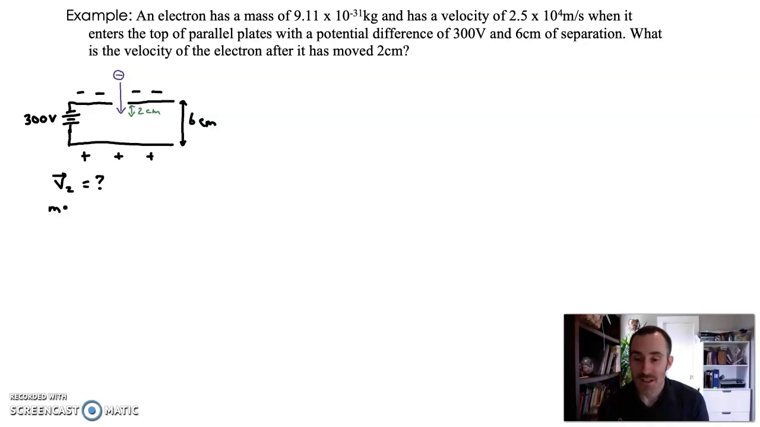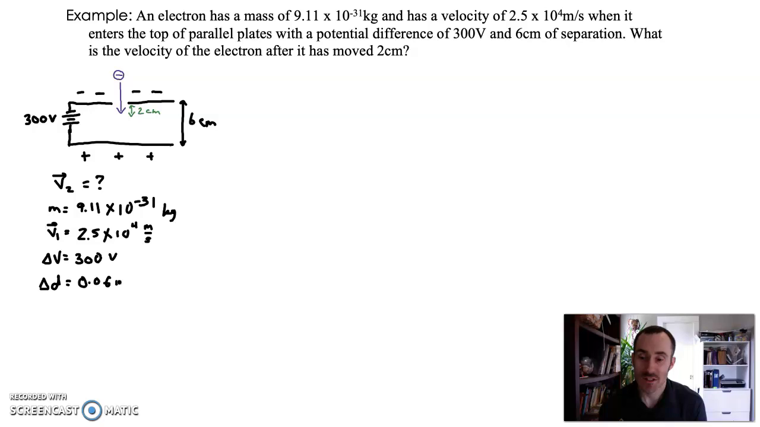We know the mass is 9.11 times 10 to the negative 31 kilograms. We know its initial velocity. Its initial velocity is 2.5 times 10 to the 4 meters per second. Okay, we know the total potential difference is 300 volts. We know the total separation